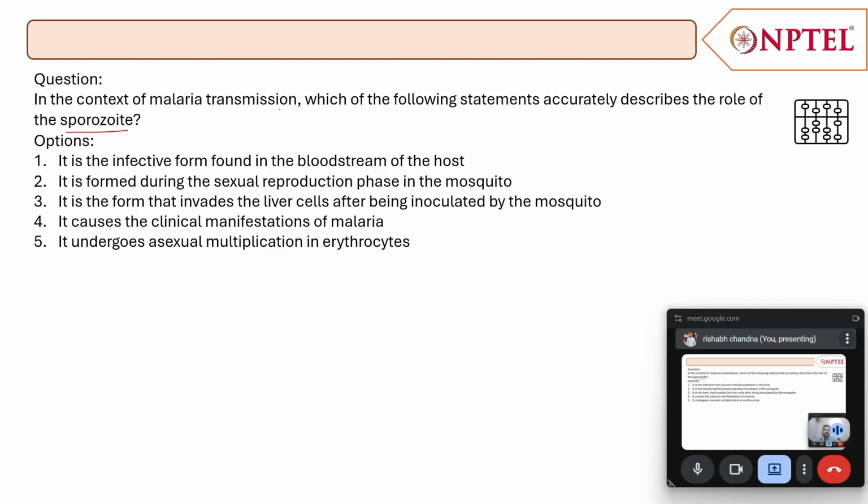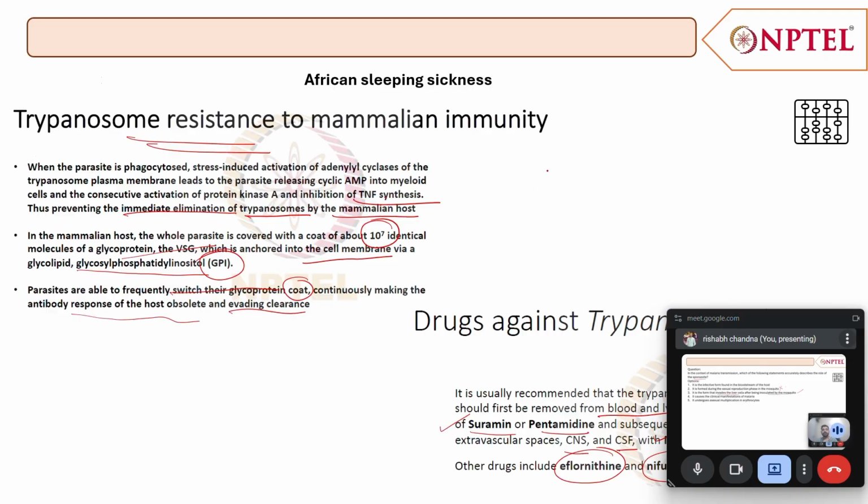It is the infective form found in the bloodstream of the host. It is formed during the sexual reproduction phase in the mosquito. No. It is the form that invades the liver cell after being inoculated by the mosquito. It causes the clinical manifestation of malaria. It undergoes asexual multiplication in erythrocytes. So the correct answer is option 3. That means it invades the liver cells after being inoculated by the mosquito, as we have seen